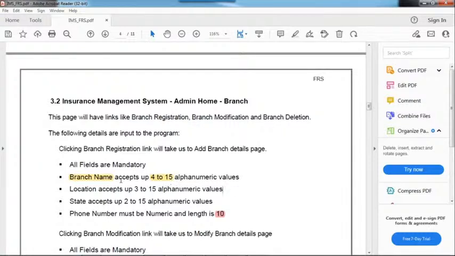If it is allowing, that is the bug. So in fields like the branch name, branch code, there are a lot of fields while you are testing the application, right? They will give you some requirements. What is the requirement here? 4 to 15 alphanumerical value only. The input should be 4 to 15 only. If you are giving 3 characters, that is invalid. If you are giving 16 characters, more than 15, that is invalid. So in this case, what technique are we using? BVA. BVA is nothing but boundary value analysis. Is it clear now?